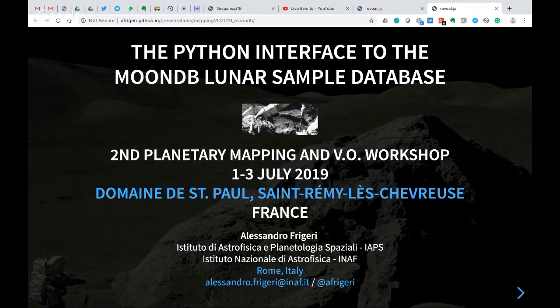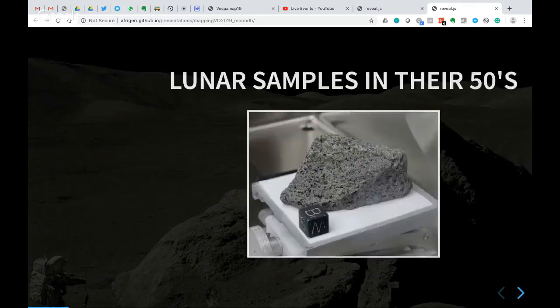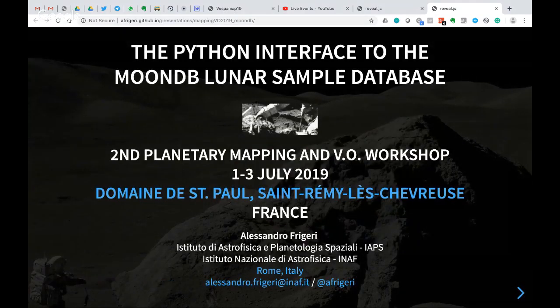Okay, here we go. So I will present this Python interface to the MoonDB. Well, does someone know the MoonDB already? Okay, so